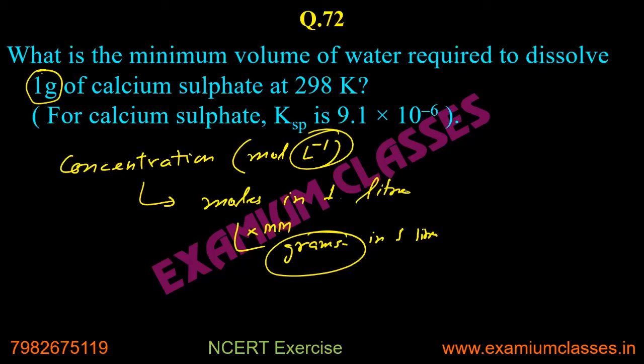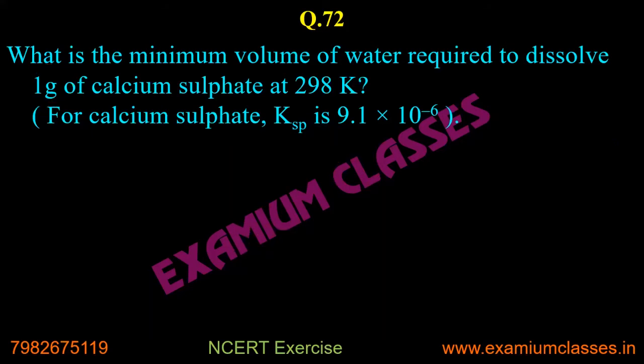So if you know the critical concentration, which is the concentration beyond which precipitation will take place, and you know that concentration in moles, you can say that these many moles should be in 1 liter. So these many grams should be in 1 liter. Then these many grams should be present in how many liters? When I solve it, it will be more clear. But this is the concept we need to apply here.